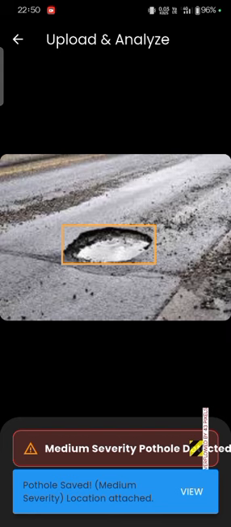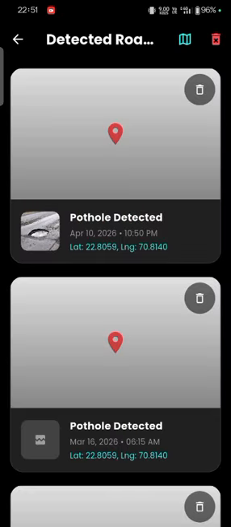And as you can see on the screen, the detected potholes are highlighted with bounding boxes. It can also detect medium severity potholes, low or high severity potholes, and you can see the location attached with that. Click on view. Now here you can also see the latitude, longitude, and